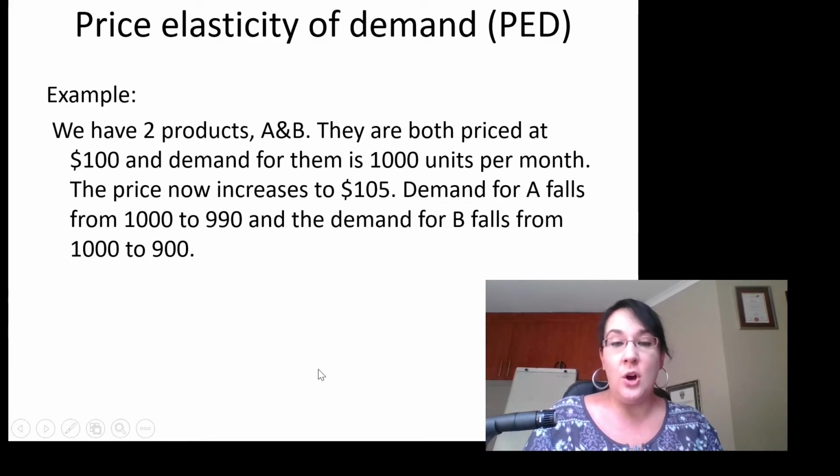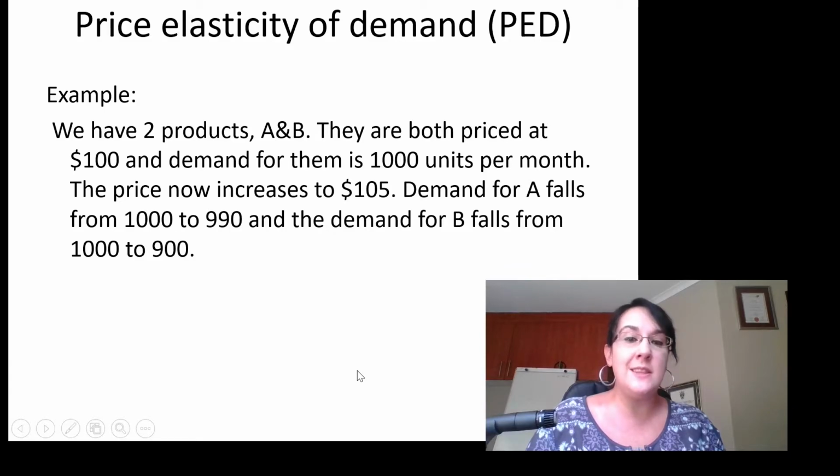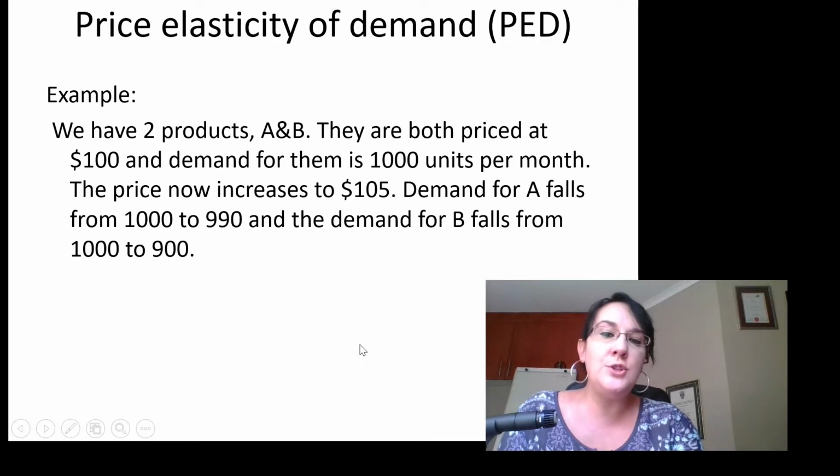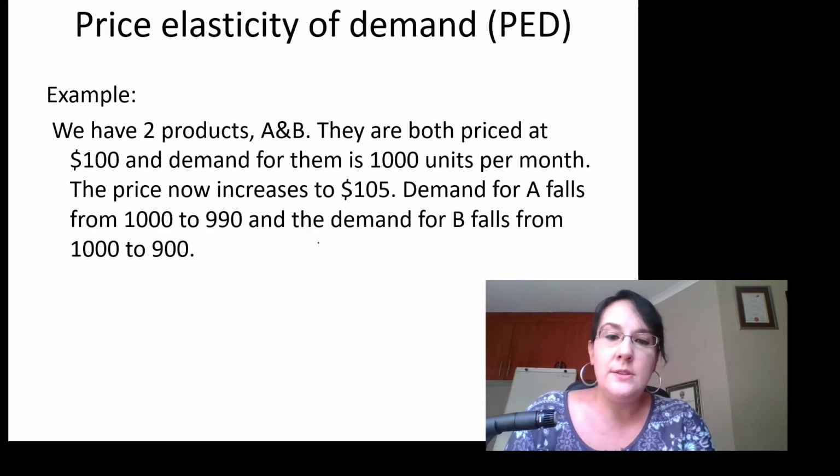Let's look at an example together. We have two products, product A and product B. They are both priced at $100, and the demand for them is 1,000 units per month, and the price now increases to $105. Demand for A falls from 1,000 to 990, and the demand for B falls from 1,000 to 900. So let's do product A. For product A, if I do step, or my part 2, which is the percentage change in the quantity demanded,